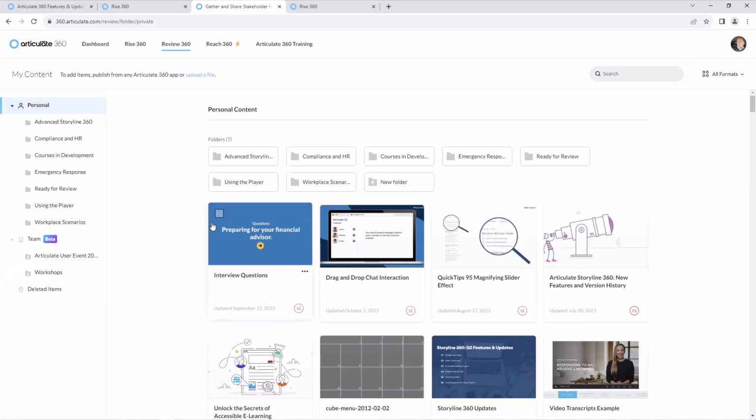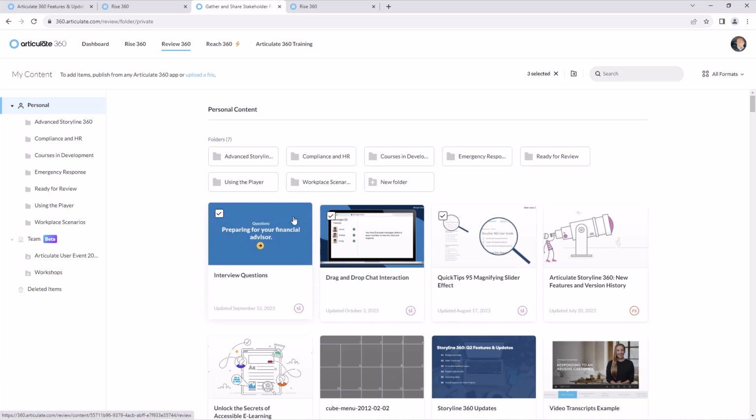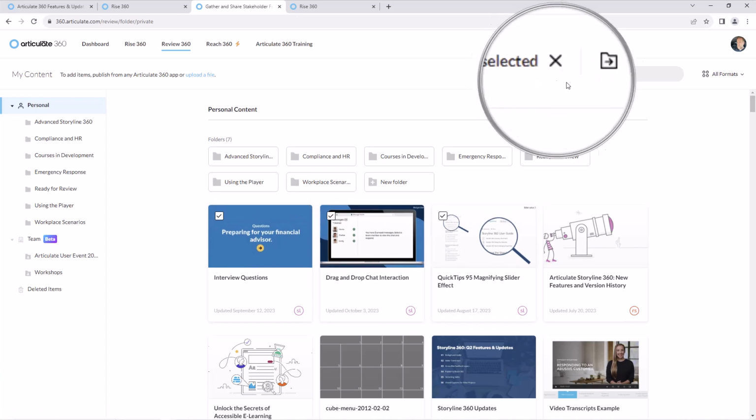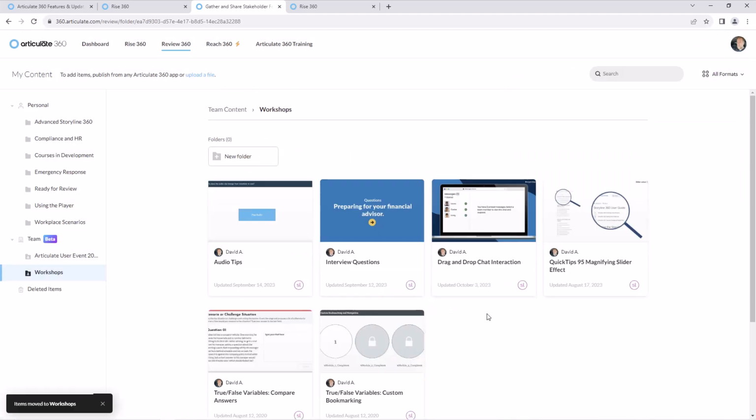And we can also move multiple projects at the same time. So I can click the selected little checkbox up here in the top left corner when I have the project selected. Then come up here to the top, and then we have the option to then move those projects to a different folder, team folder as well for review. I don't need to move those in there. Let's just move them into Workshops, and then we can always move them out. So if I'm in Workshops, and here are all the files.